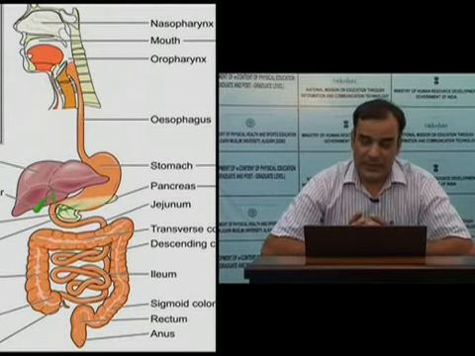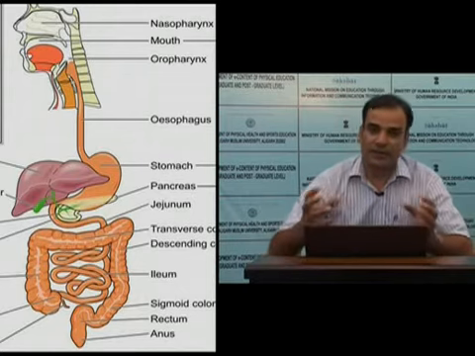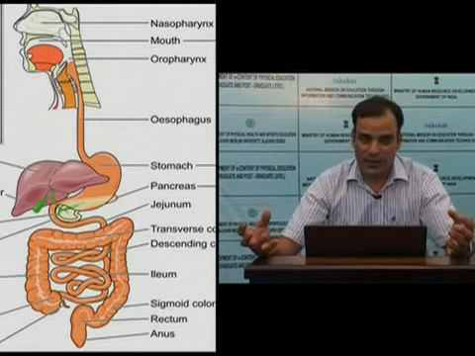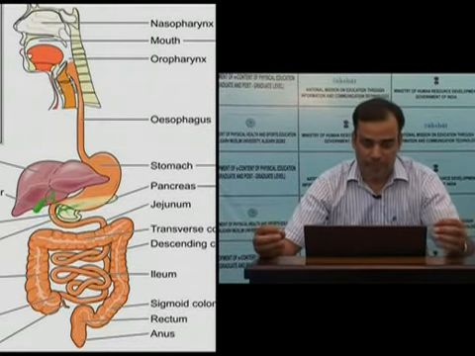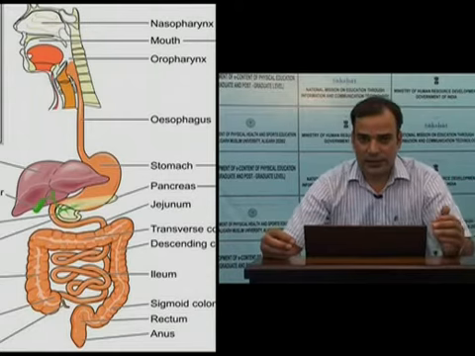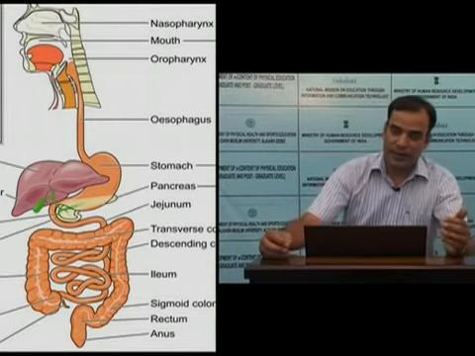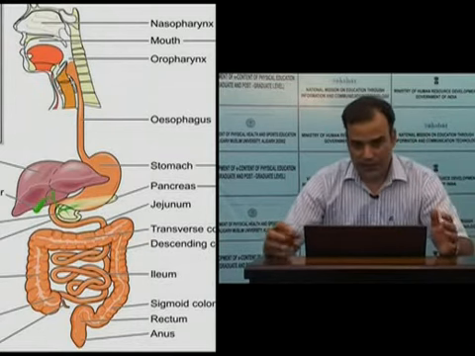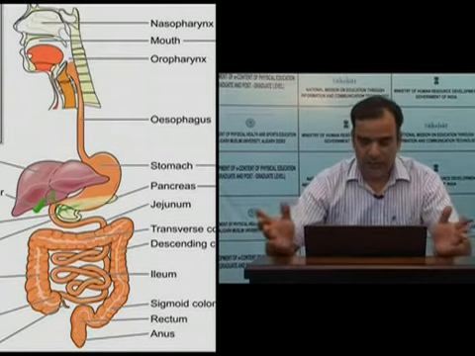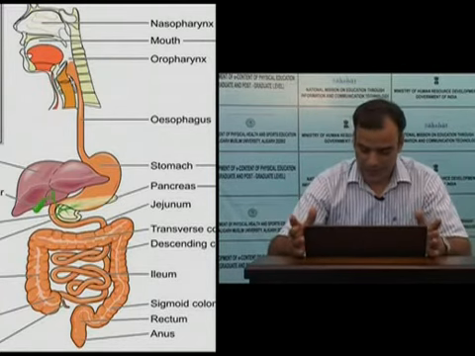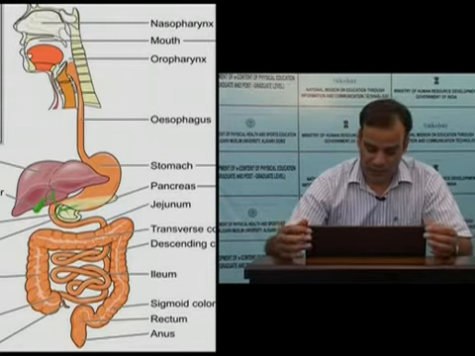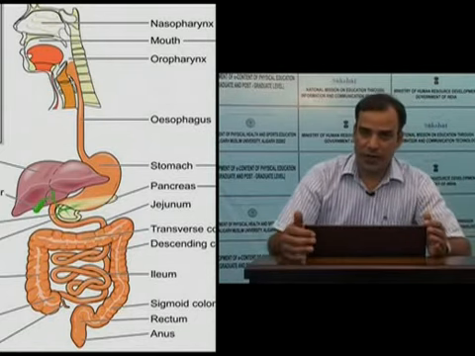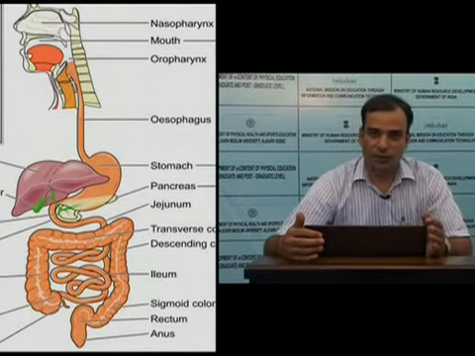But apart from these glands that are located within the GIT, there are some glands that are located outside the GIT, and those glands that are outside of the GIT are called accessory glands. Among these accessory glands, one is the salivary gland, second the pancreas, and third the liver. So here in the mouth, the accessory glands, the salivary glands, which are three pairs, secrete a secretion called saliva. Then in the esophagus, there is no digestive secretion. However, there is the secretion of mucus.